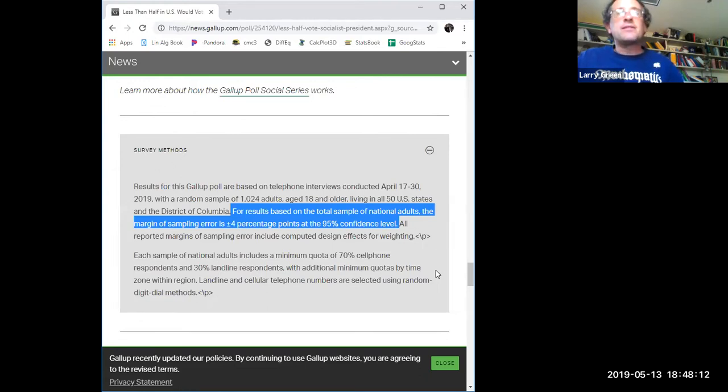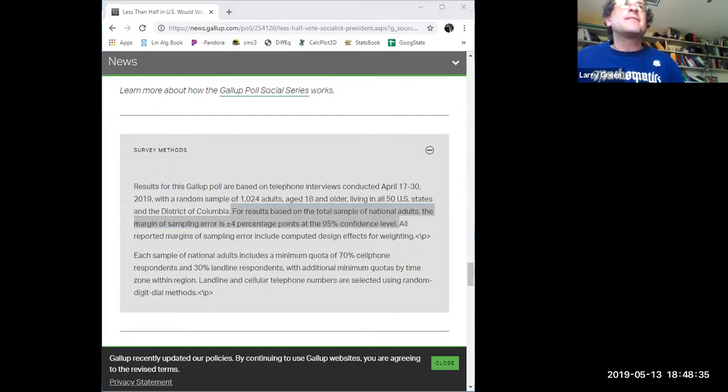Any thoughts? The hint is you don't need a heavy calculator for this. You might use an arithmetic calculator, but you could probably do it in your head. I'm not hearing it. Okay, 95%, not quite. All right, let me do it. I need to go to annotate because I want to write right on it.